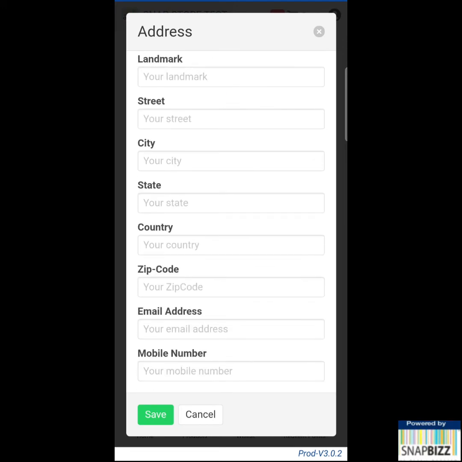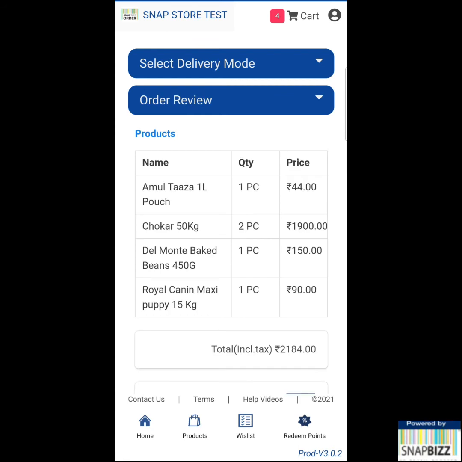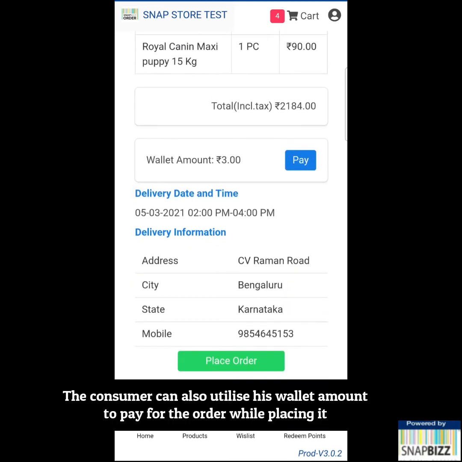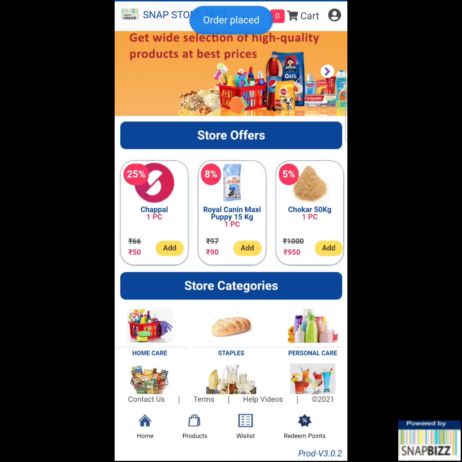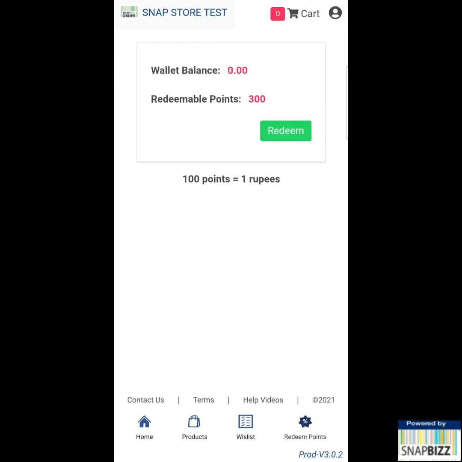Then he can select the payment type, that is cash on delivery or card on delivery, and then he will also be able to review his entire order details in order review section and then tap on place order to place his order. Apart from this, to boost his loyalty, he also has a provision to redeem the reward points